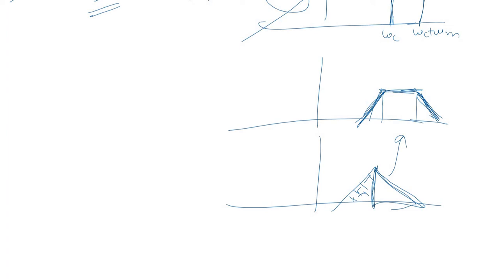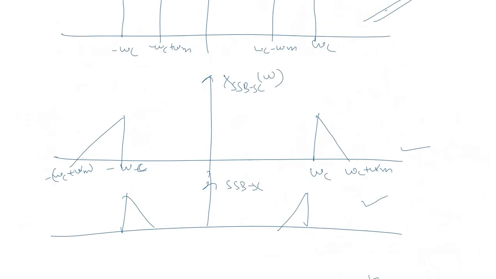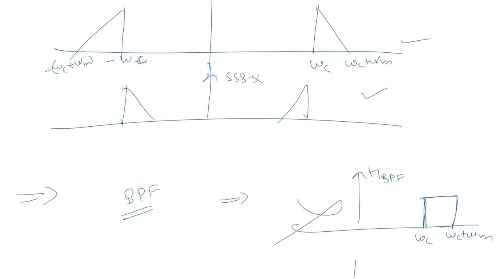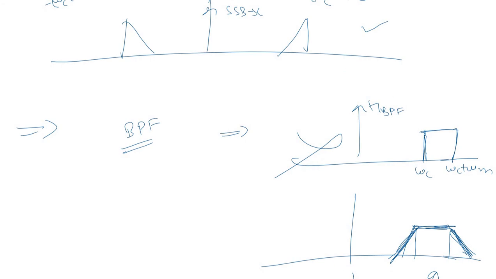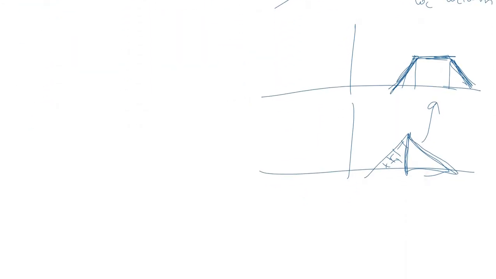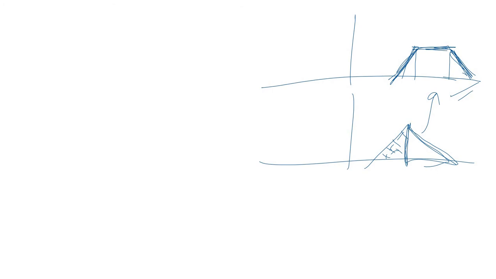Okay, so this is the biggest challenge in the frequency discrimination method of generating an SSB signal. Designing an ideal band pass filter is practically impossible, and the use of a practical band pass filter leads to distortion of the signal. That means some undesired part of the sideband will also be passed. To overcome this drawback of the frequency discrimination method, we go for the next type of method, that is the phase discrimination method.